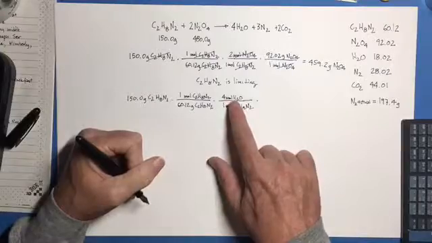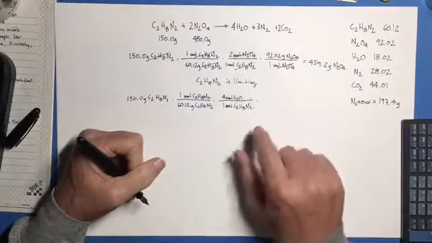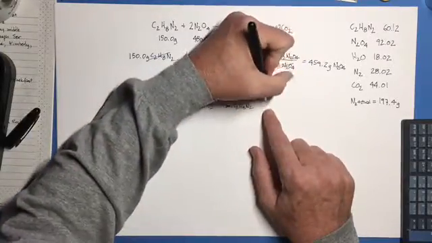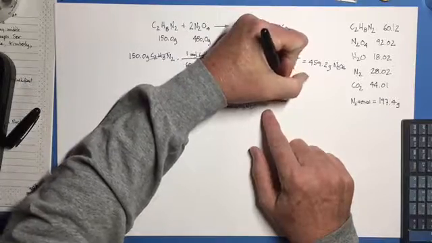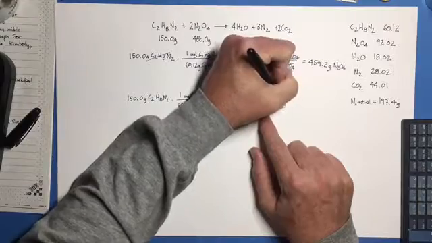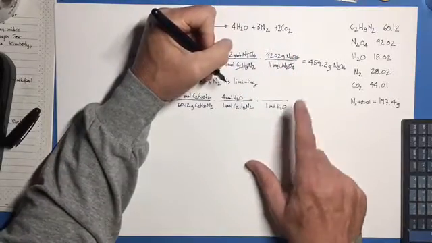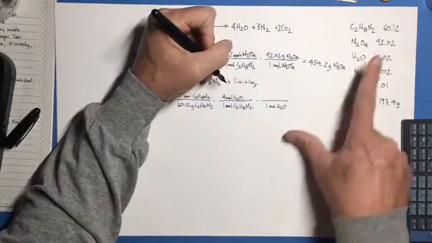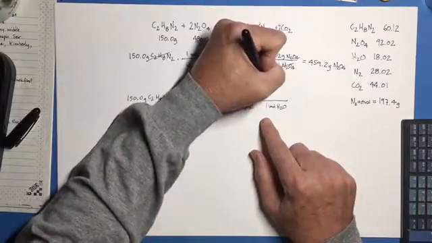And so now I have the answer in moles H2O. I want grams of H2O, so I'll do one more conversion here and convert the moles of H2O. I need the mass of 1 mole of H2O, and that is 18.02